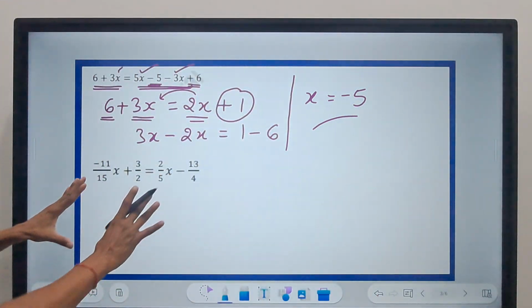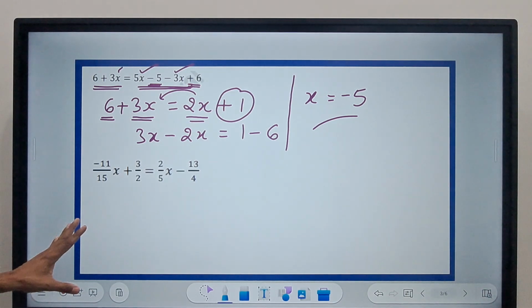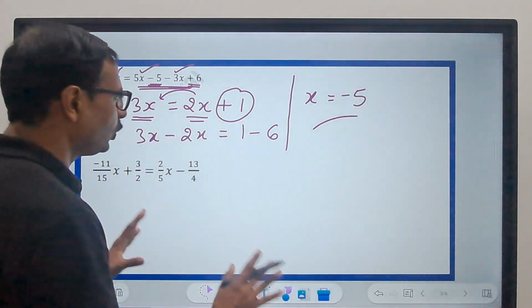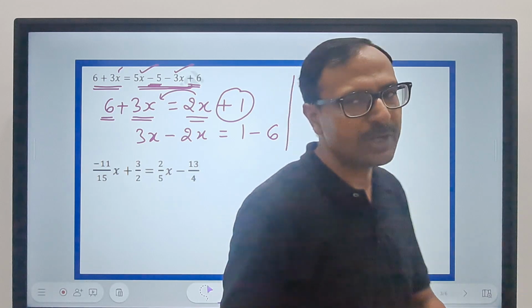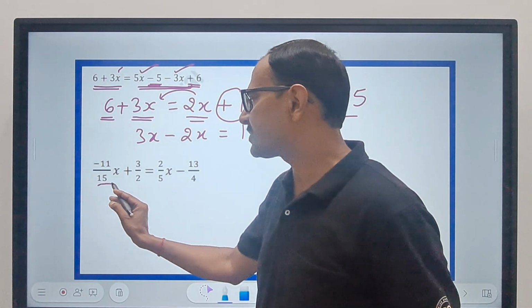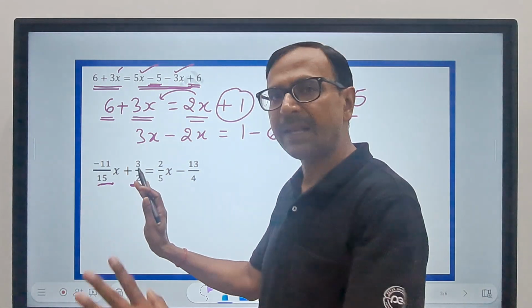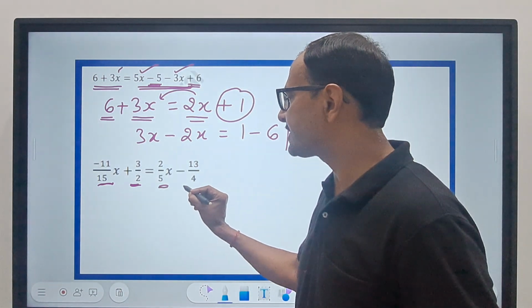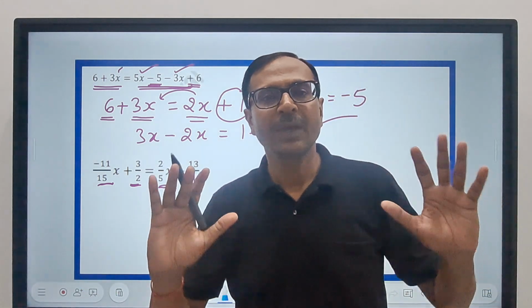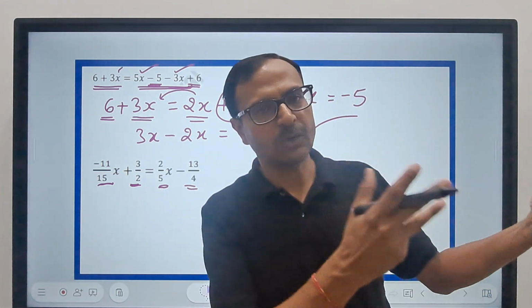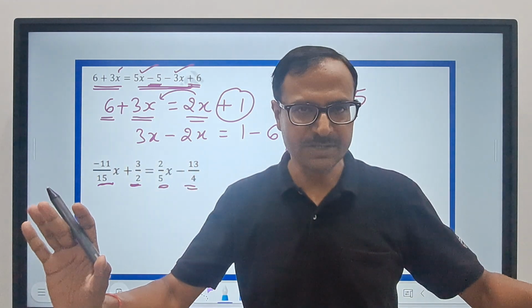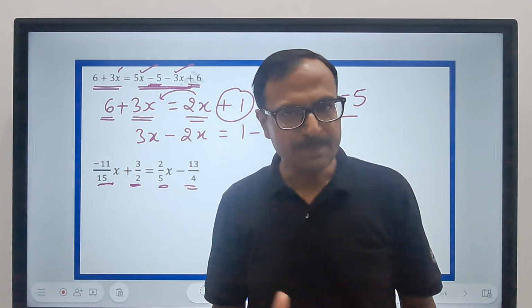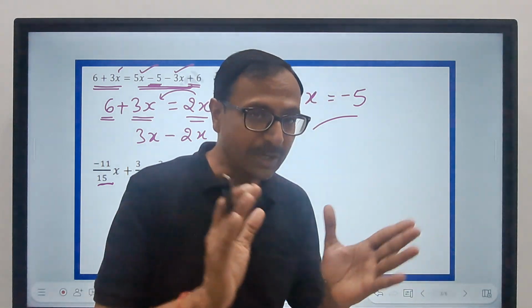Let's see another one. Here we have some fractions, and whenever the equation involves the use of fractions, the question becomes all the more tricky. So what am I going to do here? I am going to look for like terms, and I noticed here that there is only one term containing x on the left side and a constant term, so they are unlike terms, single terms, right? And likewise on the right hand side, one term containing x and one constant term. So I can't add the like terms, whether they are on the left side or on the right side, because they are unlike terms. So we will skip that step, and now the step is to group the like terms